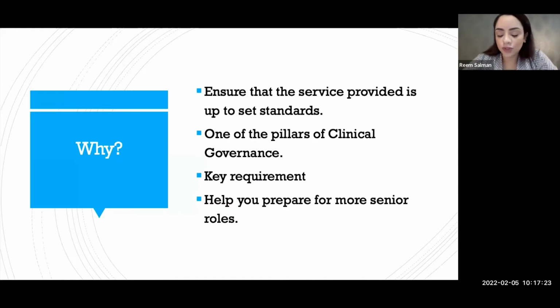So when you get involved in audits, especially audits that have to do with structure, let's say, let's audit this month if the junior doctors on the floor in the A&E at night are sufficient, or are they under stress and we need to actually add another role, for example, a nurse practitioner to be with them for support. Now, these kinds of audits are always good for your CV, especially if you are a registrar already and you are going to apply for consultant jobs, because this shows that you have an interest in management. And also it prepares you for more senior roles when you become a consultant, to have a role in management as well. Okay.